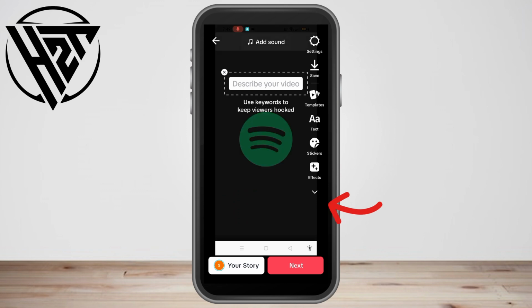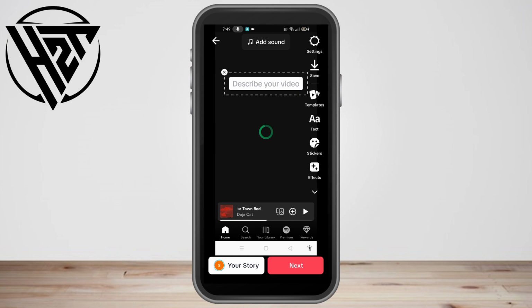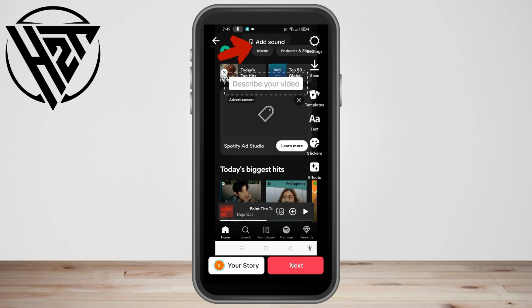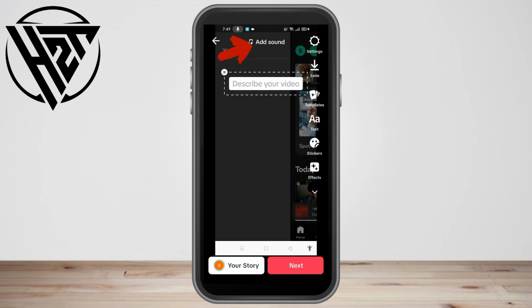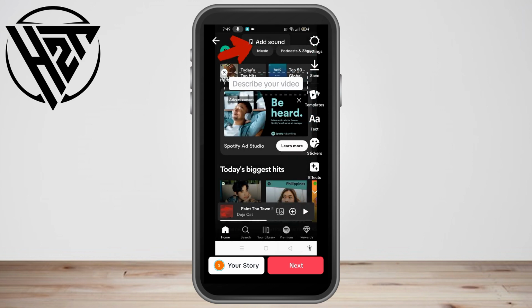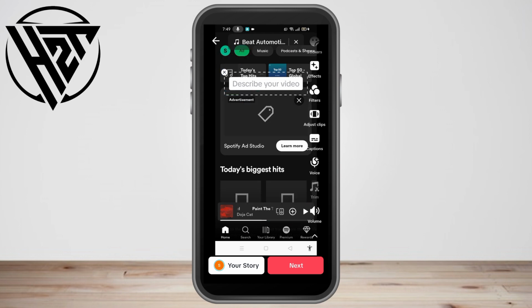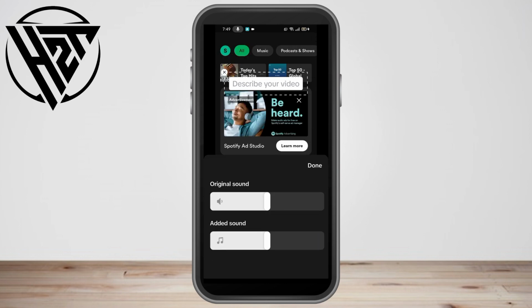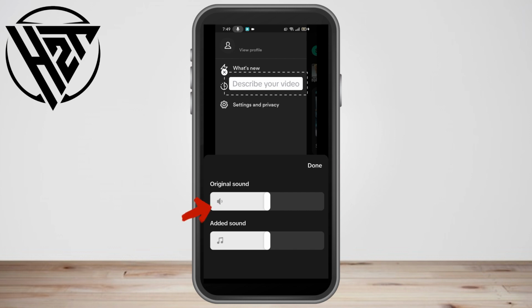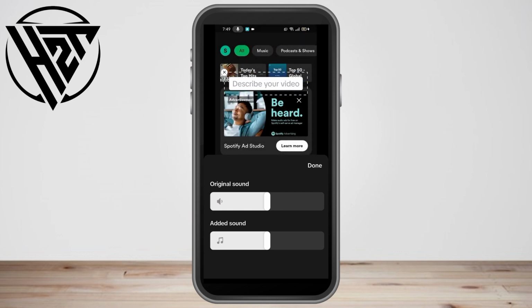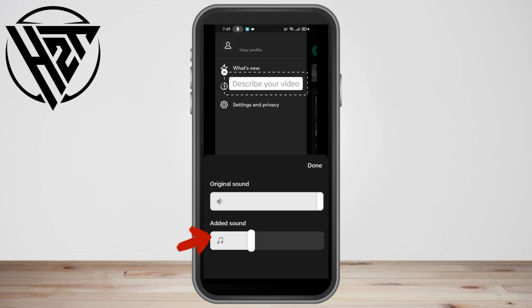And then this time, what you're going to do is to simply add some sound, anything, okay? You can choose any sound here, okay? And then what you're going to do is to edit your sound. And what you're going to do here is to simply increase the volume of your original sound and kindly decrease the volume of your added sound. Again, increase original sound, decrease added sound, and then once done, all you have to do is to simply tap